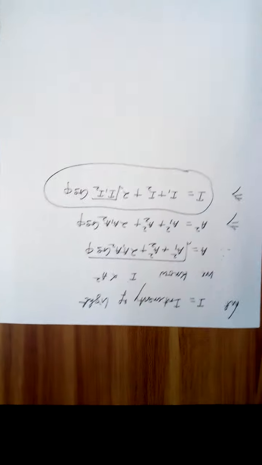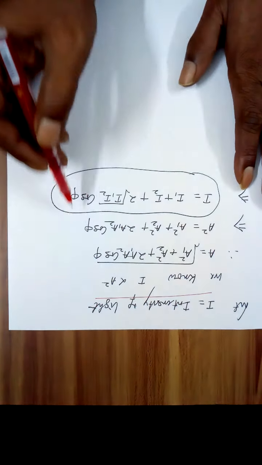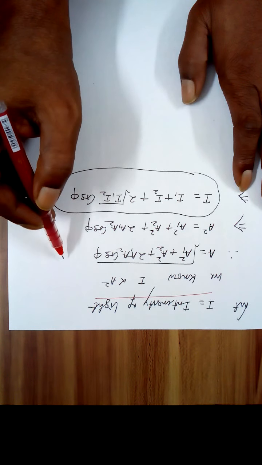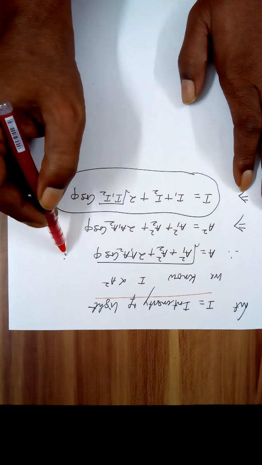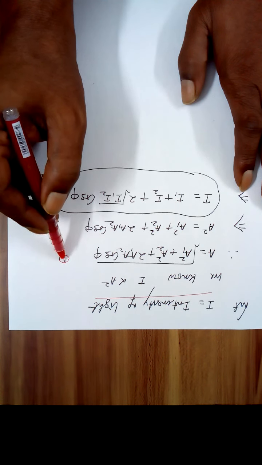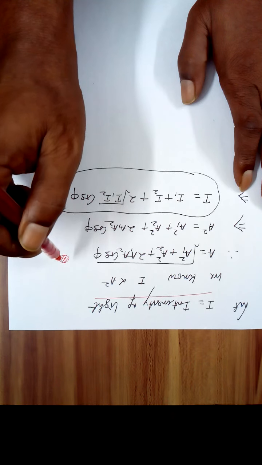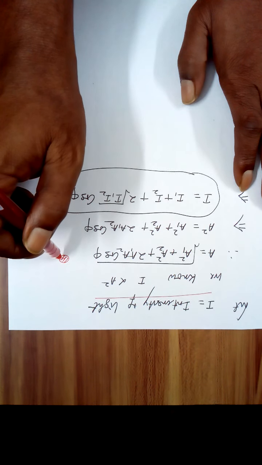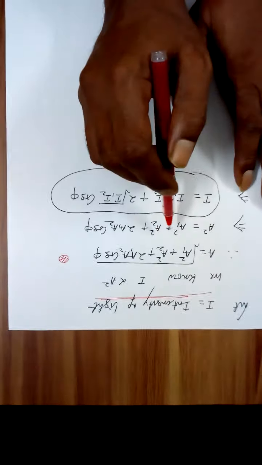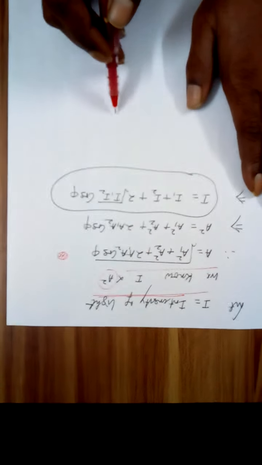Now, we also know intensity. What do you mean by intensity? For example, what is the intensity of light? Amount of energy falling on a unit area. Suppose this is a unit area. How much energy is falling here per second is called intensity of light. It is known that intensity is proportional to the square of the amplitude.